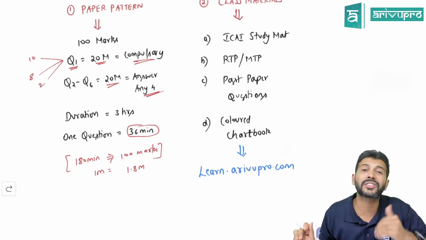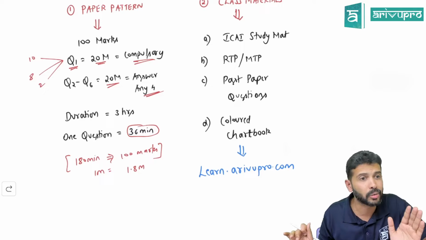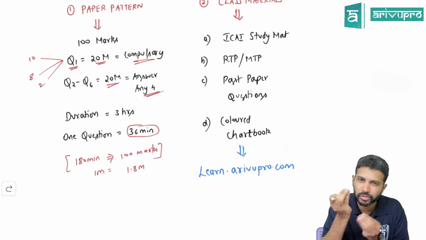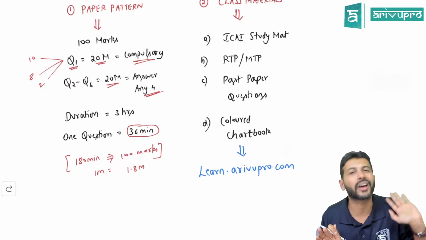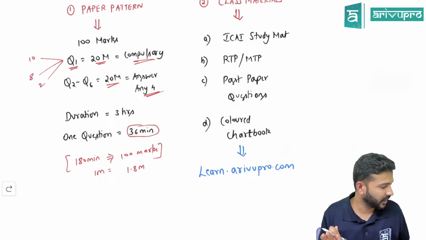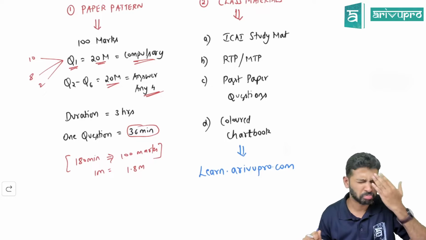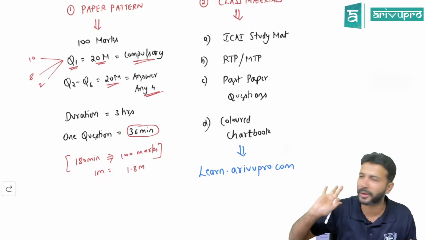People say CA requires hard work. I don't agree with that statement. To clear CA, you don't need hard work, you need to work smart. If you pay attention to the small details, which the majority of them miss, the CA examination can be cleared. It is just that many of them ignore those small things and then they end up spreading rumors. Very tough, they say. I don't know who framed that examination.